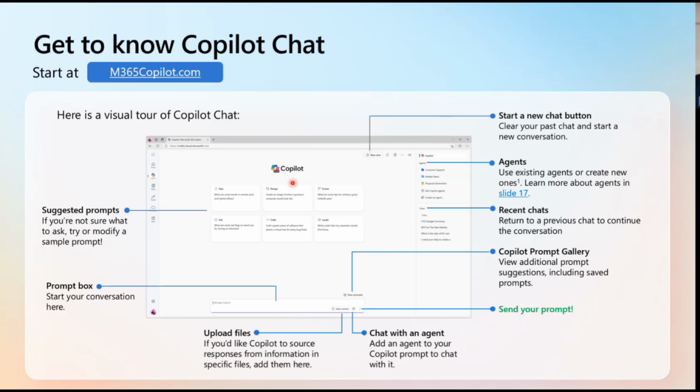So if you have a chat that lasted for, let's say, 20 minutes, you cleared that, started a new chat and chatted for another 20 minutes, then started a new chat and chatted for like 10 minutes, and you remember that you forgot something in the first chat, you could go back to the first chat, click on it, and see all the conversations you had with Copilot. Then you could ask Copilot a follow-up question to the last response Copilot gave you,